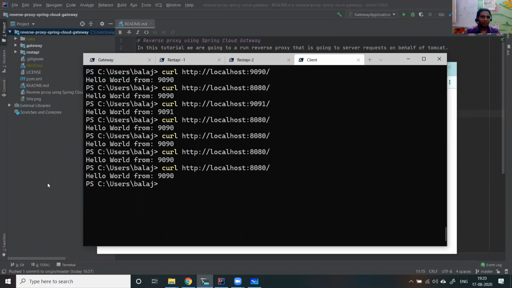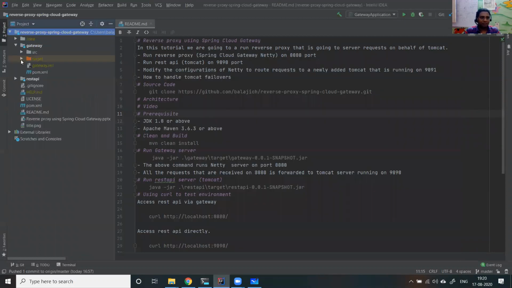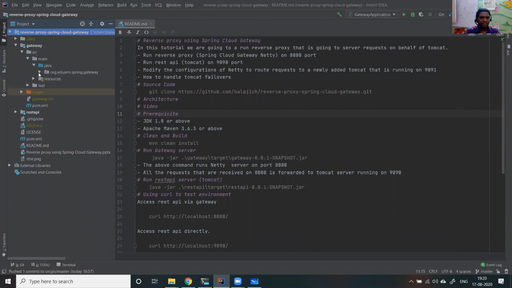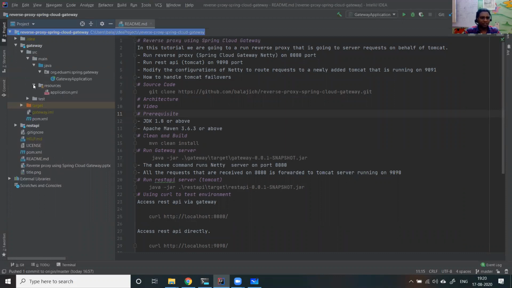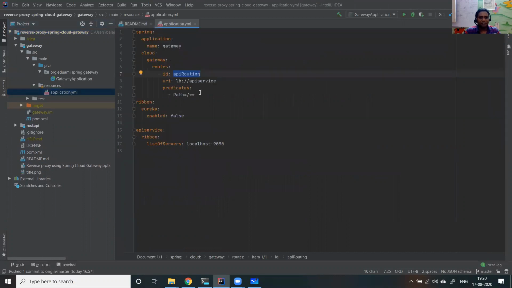So let me walk you through a simple way. Here we are using the Netflix Eureka project. I don't want to dwell. If you open the configurations, the entire configuration you can see here. I'm using Ribbon configurations provided by the Netflix implementation. You can read all those things.